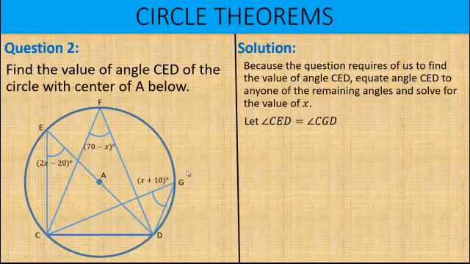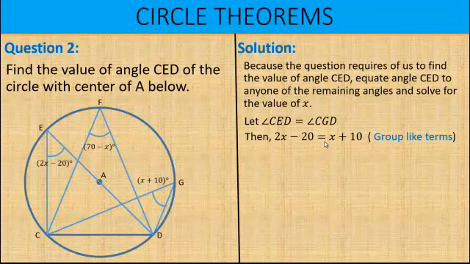Therefore, angle CED is equal to any 2 of these angles, any 2 of these. But whilst I was solving, I equated it to angle CGD, which is this angle CGD. I didn't use the one in the middle, CFD, so you can use that too. If they are equal, then what is angle CED? The angle CED is 2x minus 20 equal to angle CGD, and angle CGD is x plus